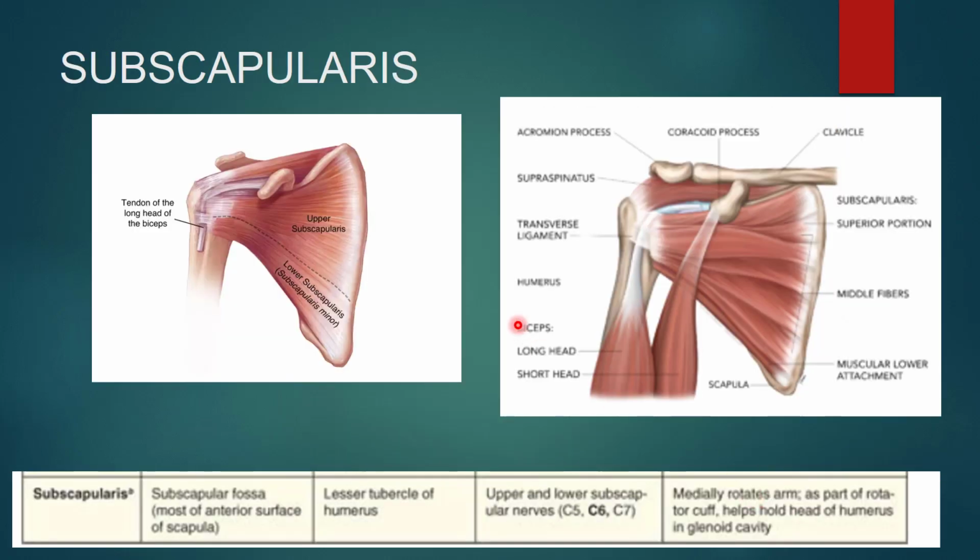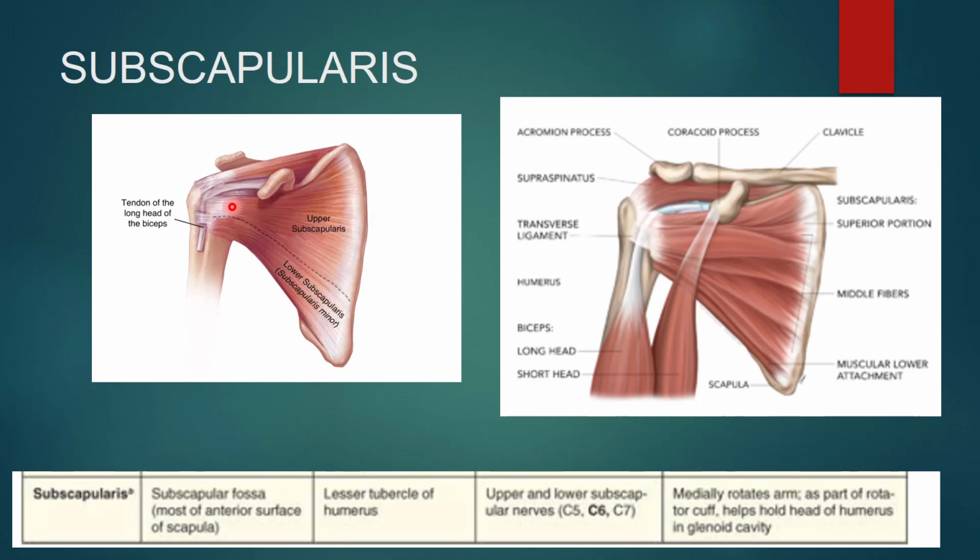Okay, now the sixth muscle, which is the last muscle of the scapulohumeral region, it is subscapularis. Can you see here on the anterior surface of the scapula? This is the subscapularis muscle. Okay, it originates from the subscapular fossa. There is one big fossa which is on the anterior surface of the scapula.